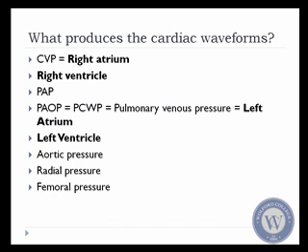What I want you to first think about is that we're going to separate the heart into the right and the left. First of all, we'll start the discussion with CVP, which is really a measurement of right atrial pressures. And we'll go on to talk about right ventricular pressure waveforms, followed by pulmonary arterial pressure waveforms, followed by what I consider the left atrial waveform, which is the pulmonary artery occlusion pressure waveform, which is also sometimes called the